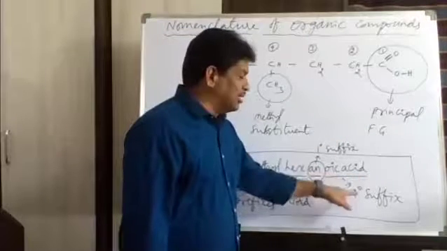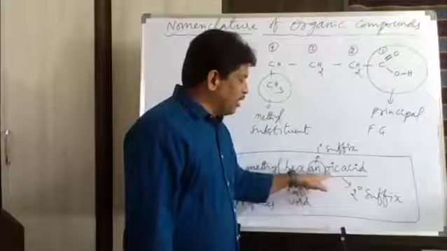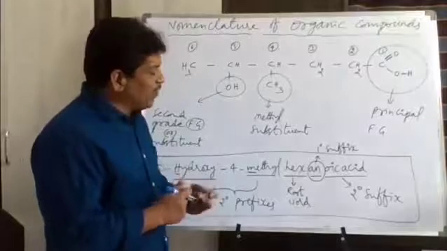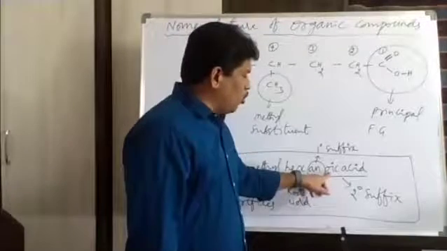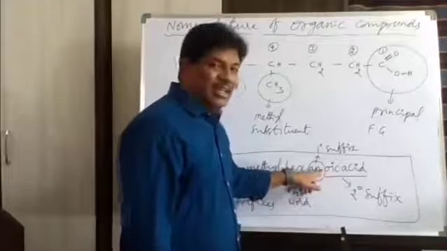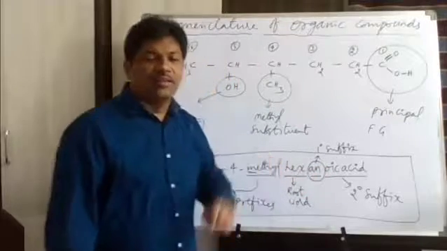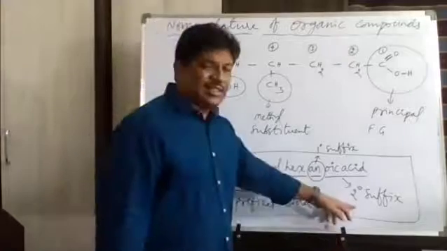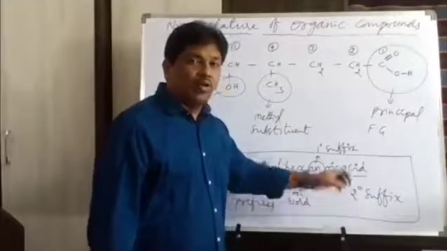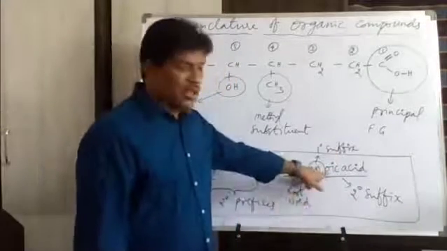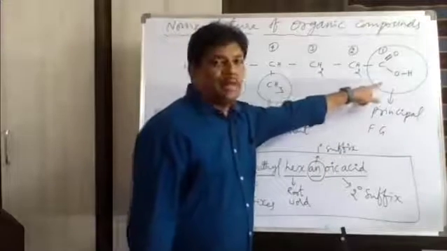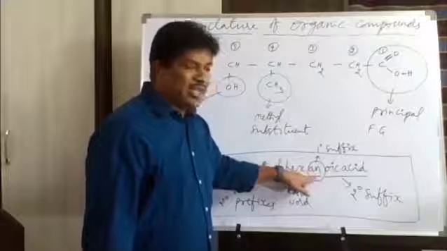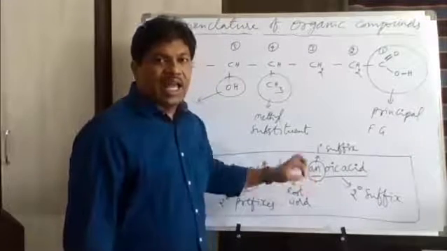This oic acid, that is the secondary suffix name, is starting with O L. The letter O is what? OL. So whenever the secondary suffix name starts with OL, we have to drop the letter E from ANE. From ANE, the E is dropped if the secondary suffix name starts with OL. Here oic acid is the secondary suffix of the principal functional group, the COOH group. That's why here, as OL is there, we have to drop E from this ANE. That's why we have written AN.